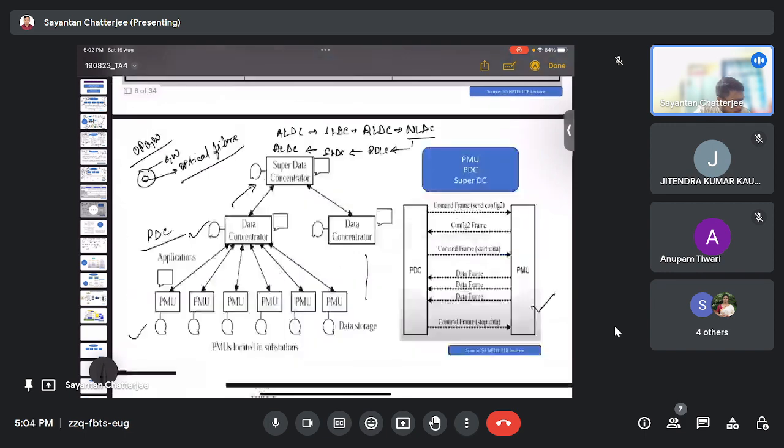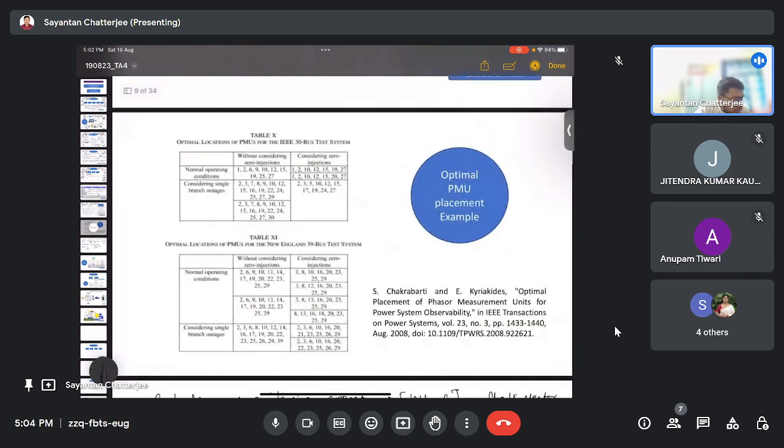So yes, this is the optimal PMU placement example. I have referred to this paper, a highly cited paper. In the present day context, optimal PMU placement is quite important. The IIT Bombay project was also mainly about optimal PMU placement, because